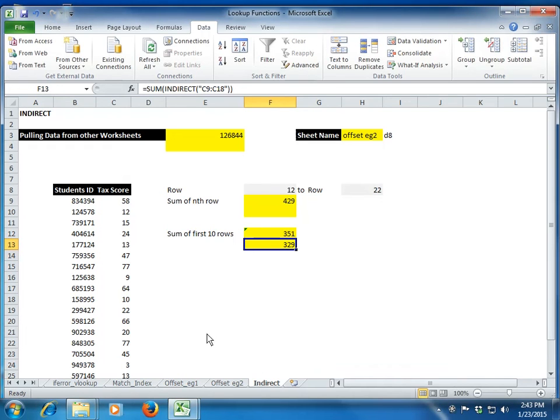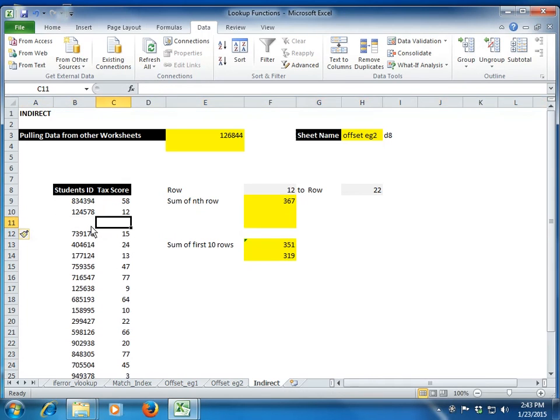Now you see, even if I insert any row and give it a value, Excel still retains the original formula. It's still giving me the sum only for the first 10 numbers, rather than including the 11th number also, which we saw in the case of a single SUM function. Clear? So here Excel will always give me the sum for the first 10 rows, no matter how many rows you insert in between.